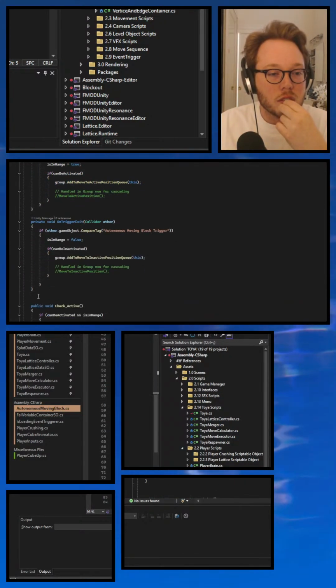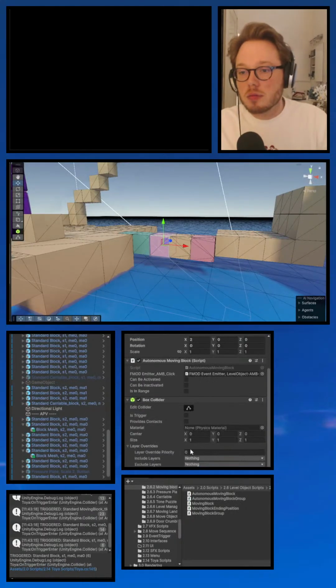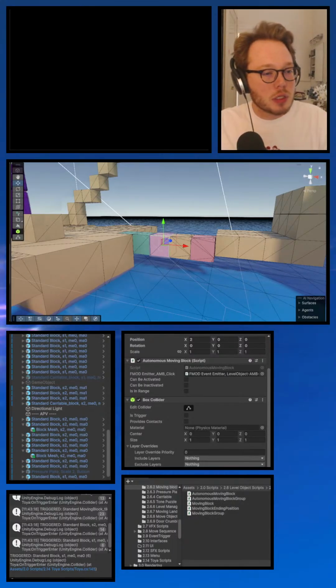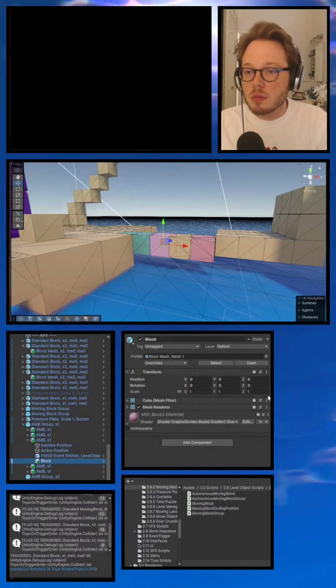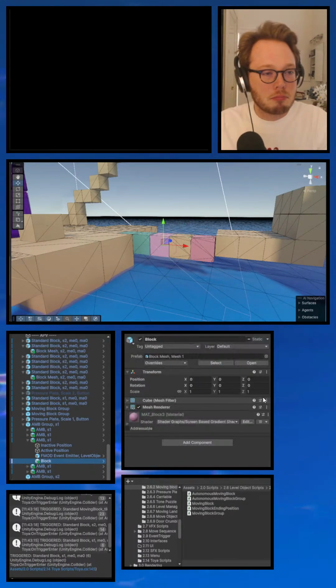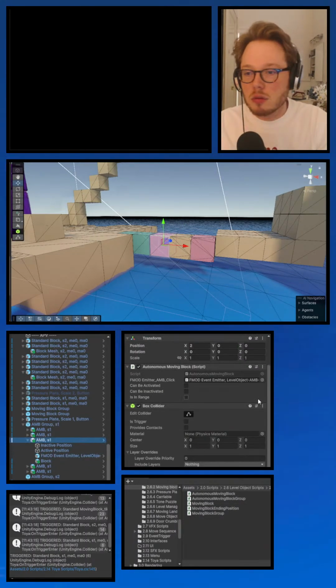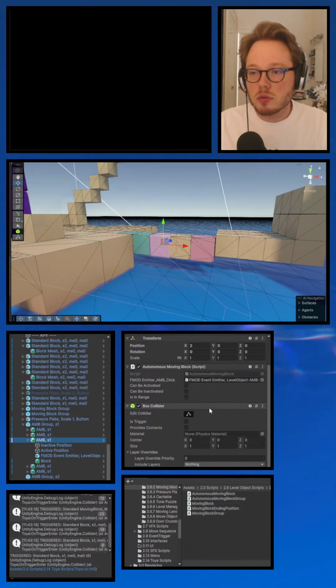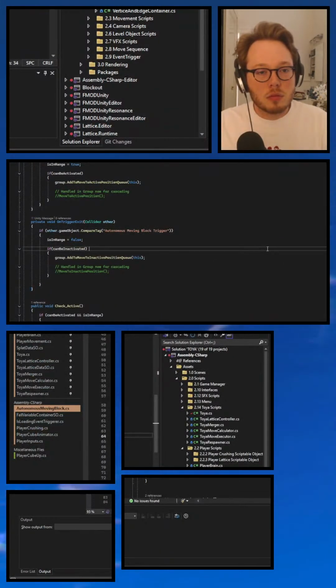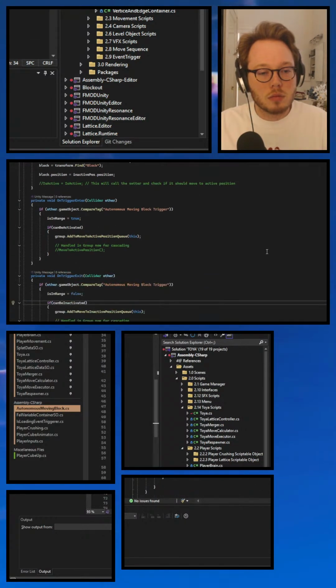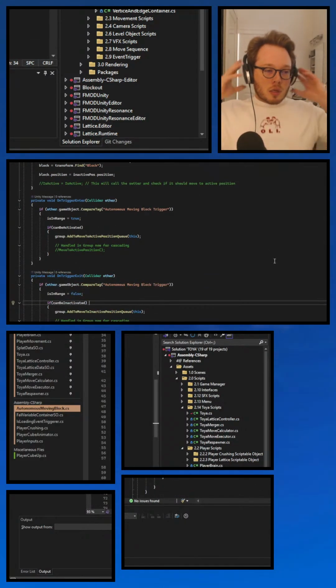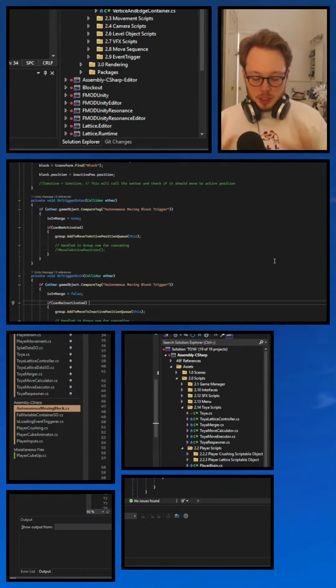Yeah. All this stuff. These guys don't need rigid bodies. Where's the rigid body? Oh. It doesn't have one. It's very interesting. Very, very interesting.